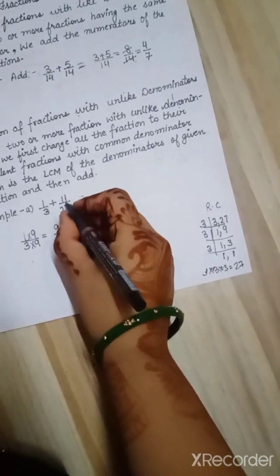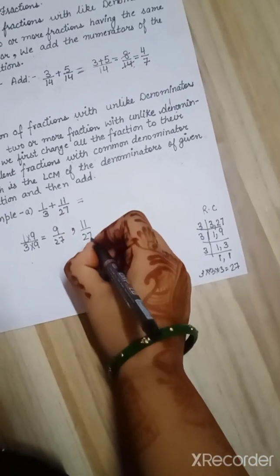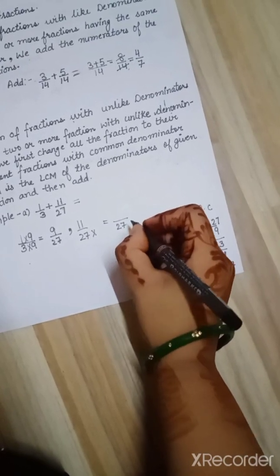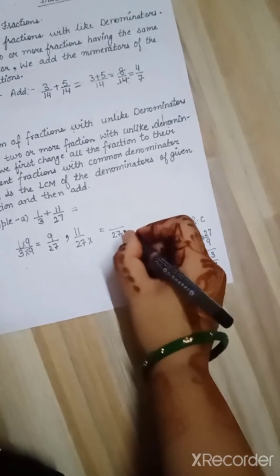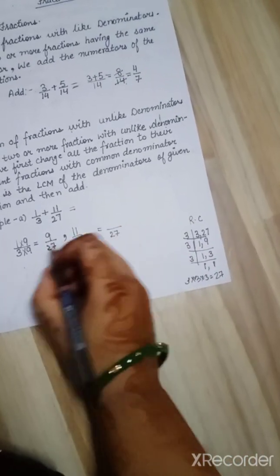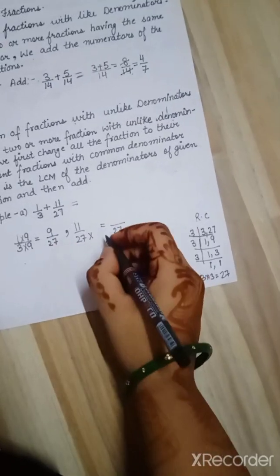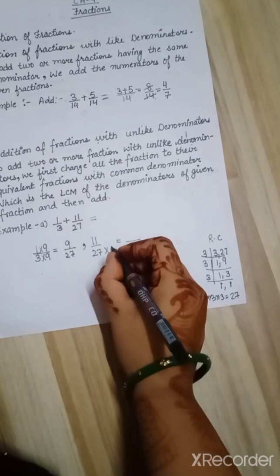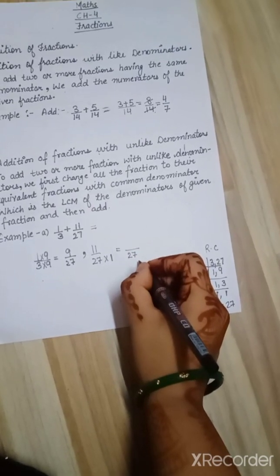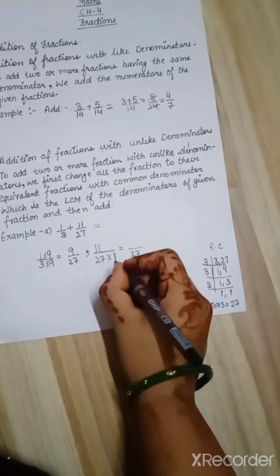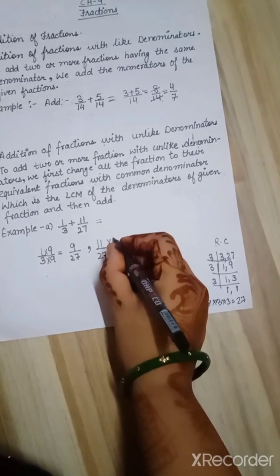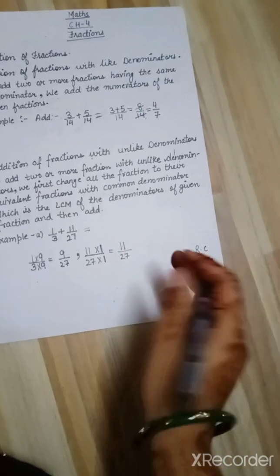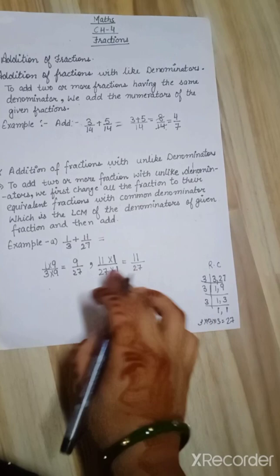If we talk about 11 upon 27, we have to make it the same. How will we make it? Our denominator should be 27. This is the LCM. So the LCM will become the common denominator in both the numbers, and we have to write the equivalent fractions of the numbers. Now 27, when I multiply with 1, I will get 27. So if I have multiplied the denominator with 1, I have to multiply the 11 also with 1. So what will come here? 11 upon 27.